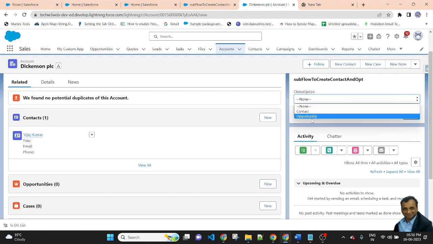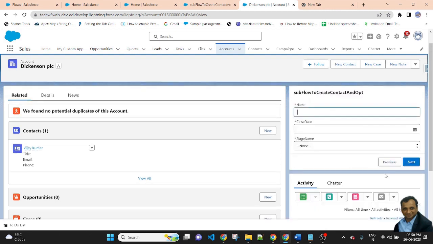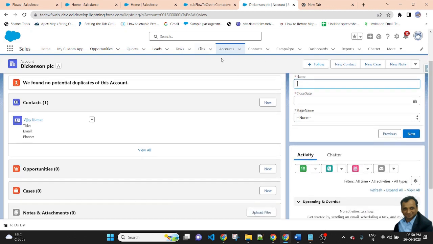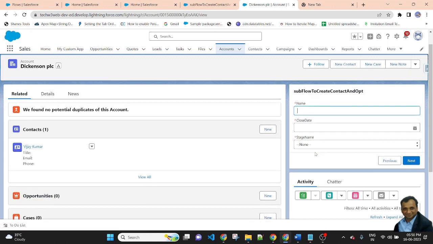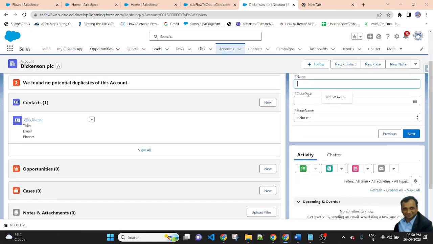Now I am creating an opportunity. So first I am selecting opportunity, then next. It is asking for name, close date, and stage name, because three fields are mandatory for creating an opportunity. In this account record, there is no opportunity. So I am creating an opportunity.